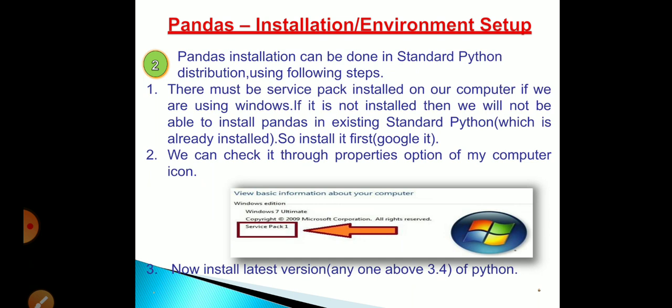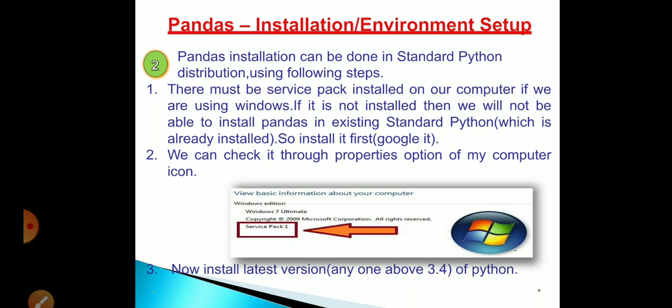If it is pirated, then you might not be able to use Python in your system. So you have to check that your system has service pack 1. If you don't have it, then you should update it. Next, second method is what? There must be a service pack installed in your computer if we are using Windows. If it is not installed, then we will not be able to install pandas in existing standard Python.